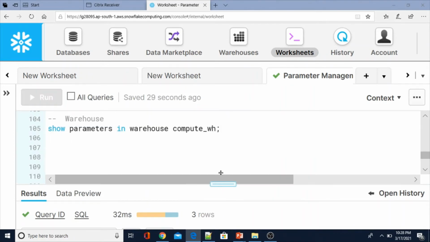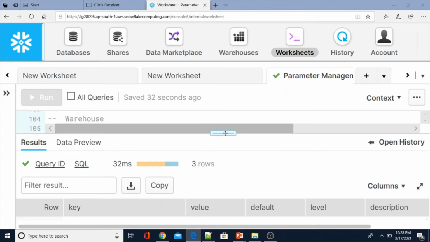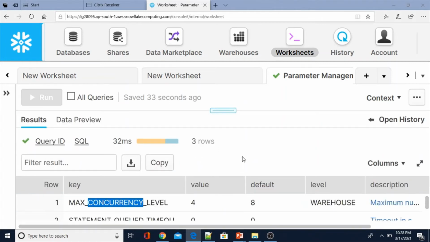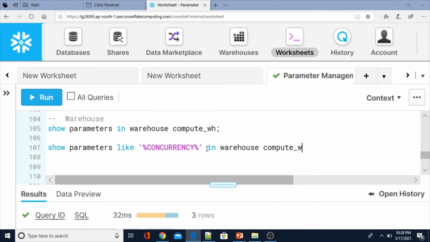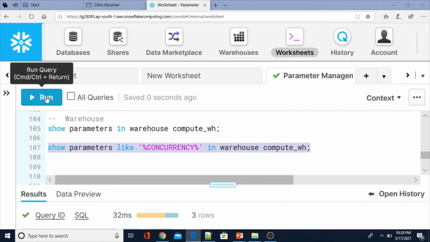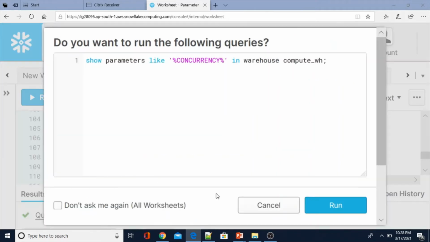If you want to display a particular parameter, you can also use the pattern: show parameters like percentile in warehouse, because in one account we may have multiple warehouses. That's why you have to specify the warehouse and the warehouse name.